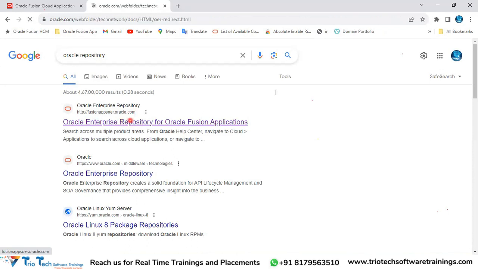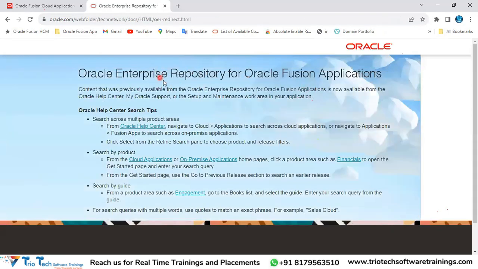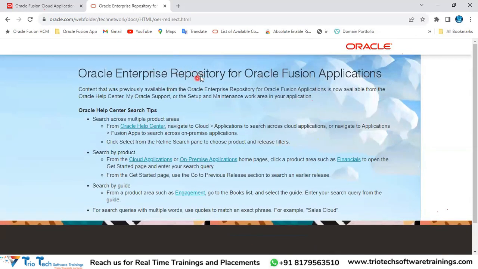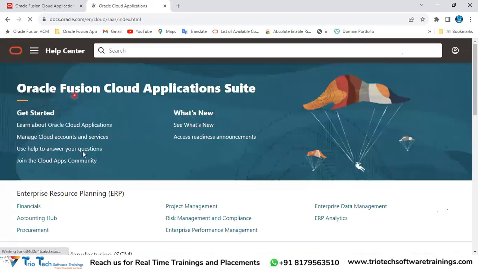fusionappsor.oracle.com. Go to this one, then you will land upon this page, team. And here you have search across multiple product areas and search by product. Once you come to this enterprise repository screen, team, in the search by product, you search by cloud applications. You have it here, right? So click on this cloud applications, then you will land upon this page,